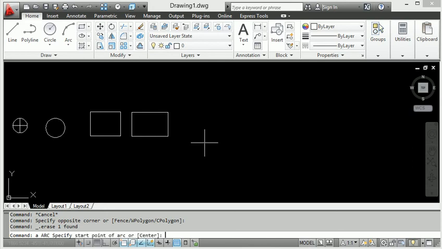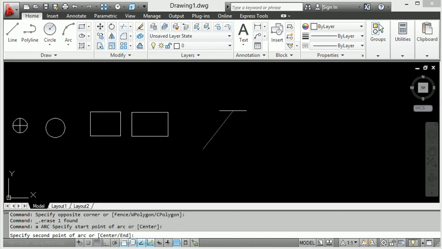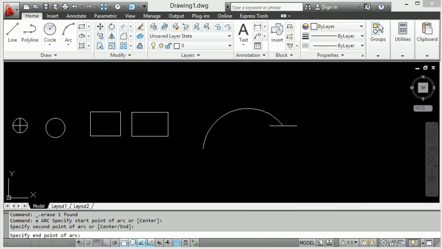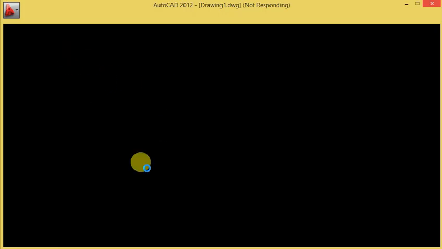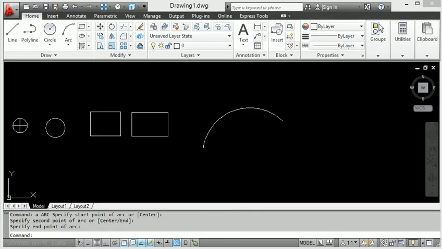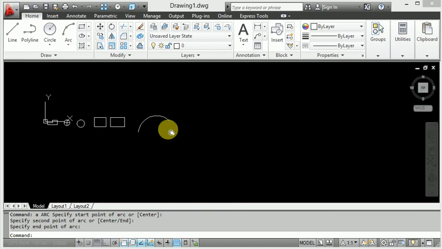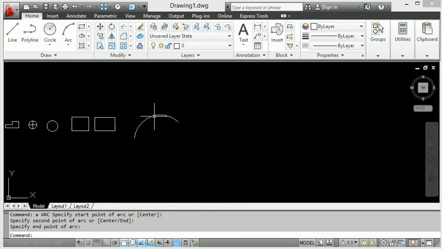So with A, enter, we have applied the arc command. It is the same arc command, just without going back to the home page command. So like this, it is very easy to draw the arc anywhere.